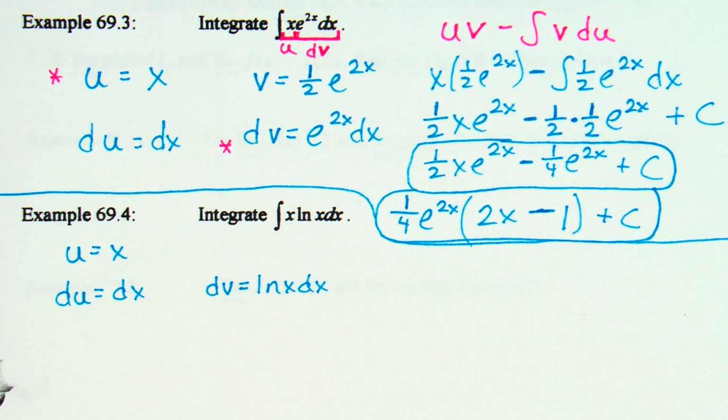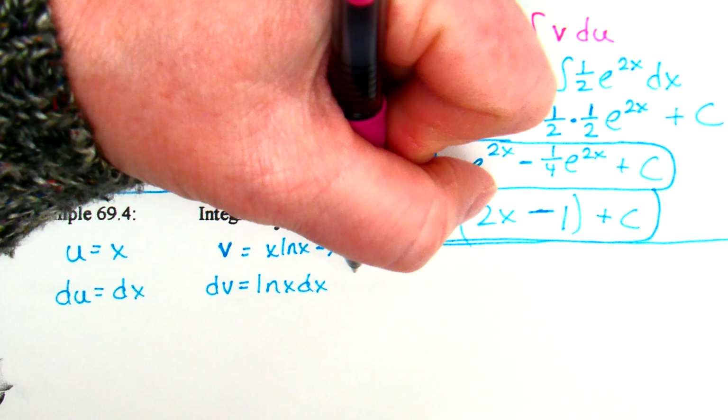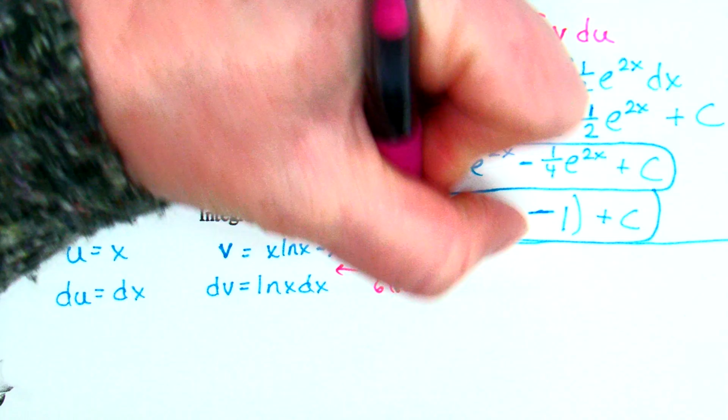Yeah, technically, because of example 69.2, and again, it's still not going to work, but I just want to show you. We could use v, what was the integral of ln x? X ln x minus x. And that right there is from the example above, which is example 69.2. Here's how we're going to know it doesn't work, though. When you set up your uv minus the integral of v du,